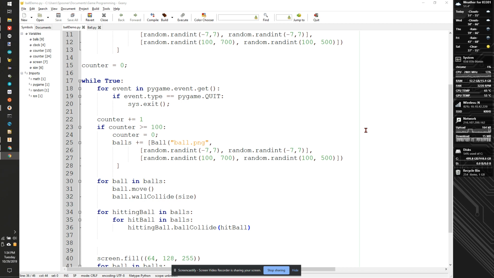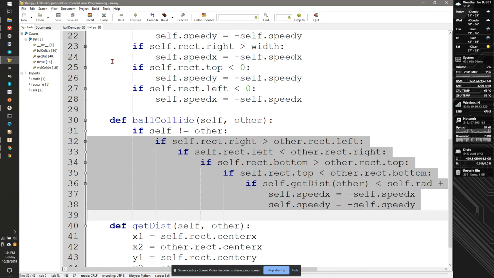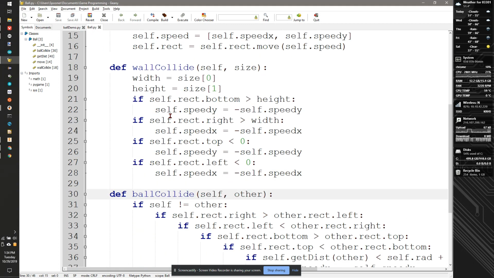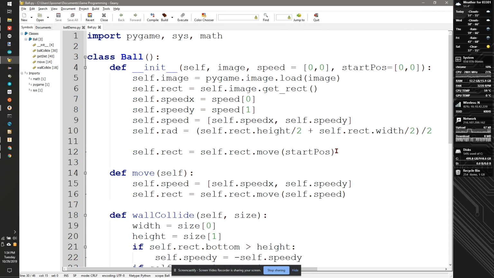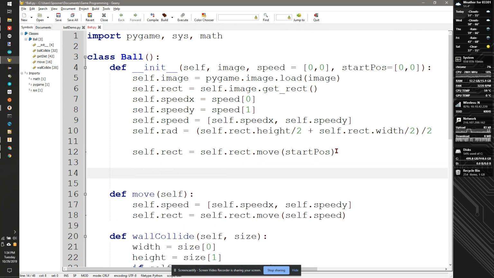So now that we have our balls generating, they're bouncing off each other, we do finally have to start really taking care of double bounce issues. They become more and more common, especially if balls spawn on each other. So what we need to do is check and make sure that balls only resolve one collision per round. So what we're going to do is set a new variable called did